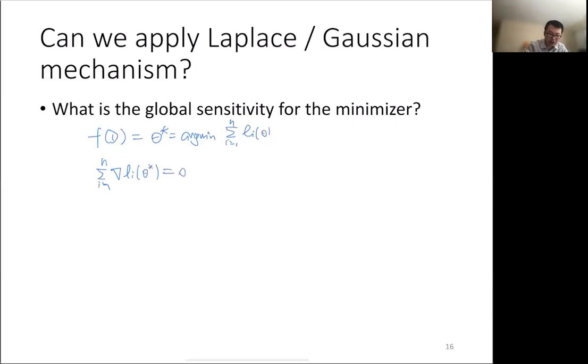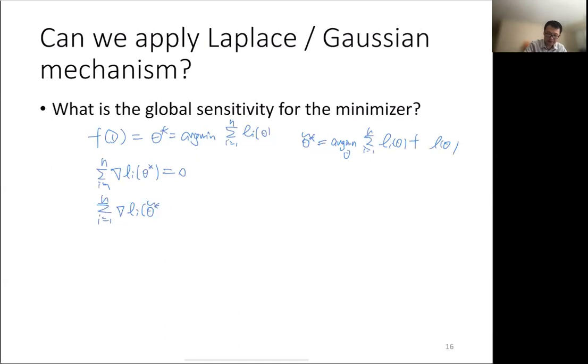And on the alternative data set, what we know is that the gradient at theta star tilde, the arg min of this alternative data set, plus this additional loss function at theta